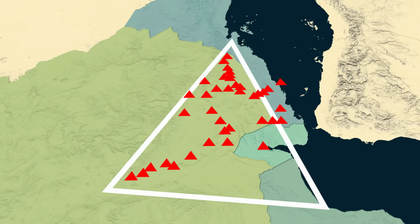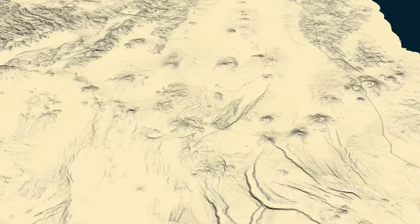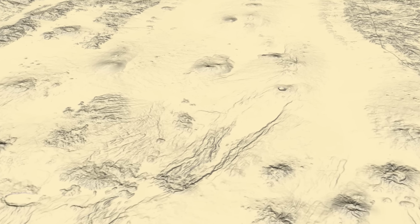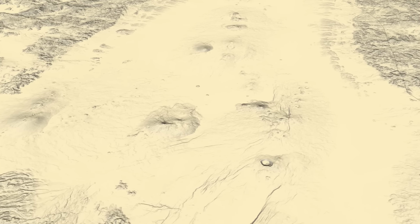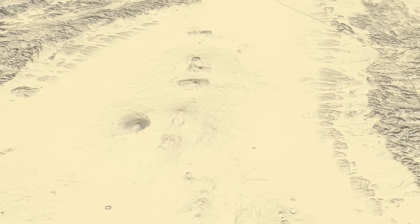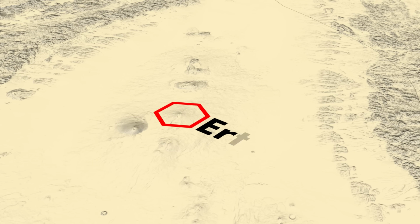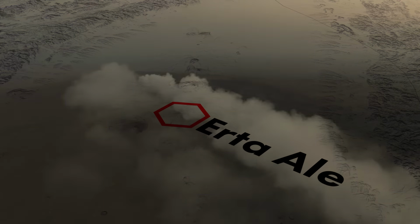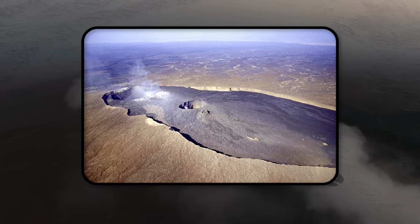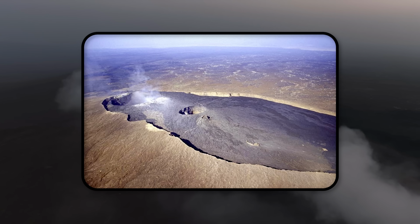Having been spared by the forces of glaciation, many of the volcanic cones remain intact and are now sticking out of the otherwise flat landscape. Several of these volcanoes are still active today, with 13 of these having erupted in the last 200 years. The most notable of these is the Erta Ale in the north of the triangle, which has continuously erupted for almost 60 years now. The constant lava outflow of the Erta Ale regularly overflows, covering the surroundings of the shield volcano with